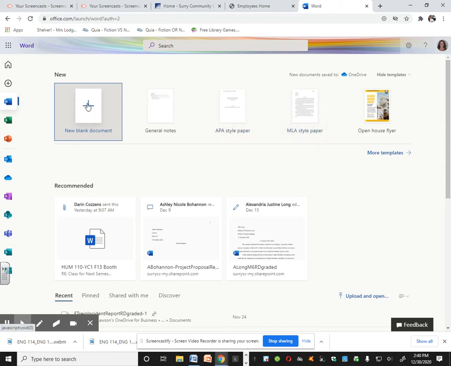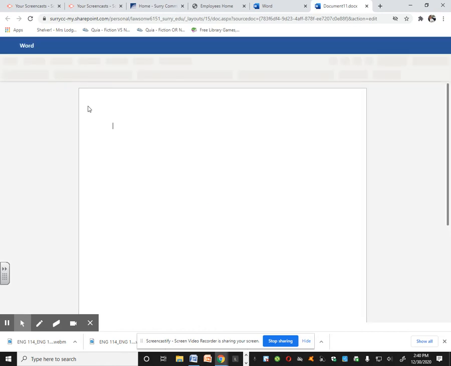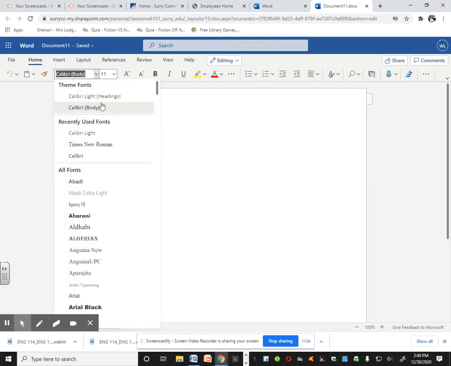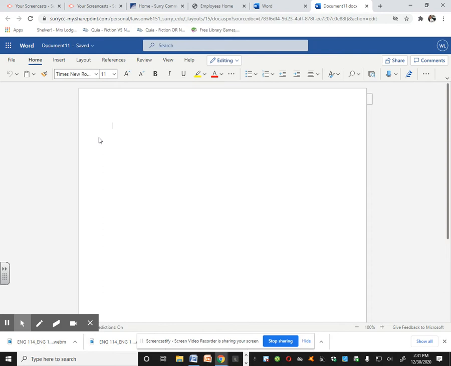I want you to click on a new blank document because I want you to set up MLA in the style that I want MLA set up in. And what you need to do is change Calibri font name to Times New Roman, change 11 to 12 size, and then come over to